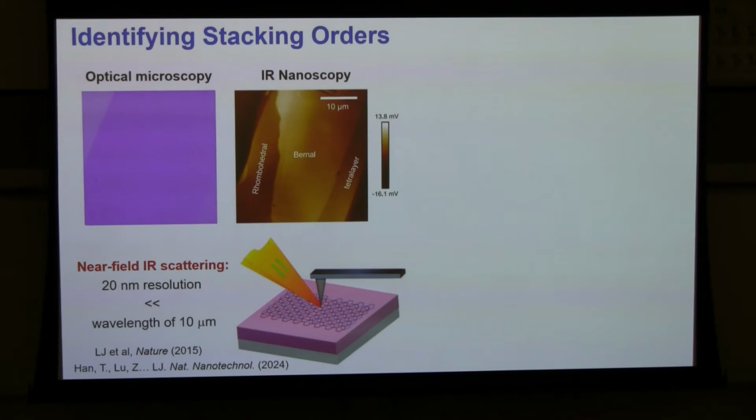Well, if you use a different pair of eyes by using infrared light shining on this flake, and with the help of a little AFM tip to give you much better spatial resolution, you immediately realize there are internal structures in a region that seems to be homogeneous. Okay? The majority of this flake is 5-layer. And you couldn't tell the difference with optical eyes, but with infrared, you can tell there are bright and dark regions in there. And they correspond to the stacking order I was talking about.